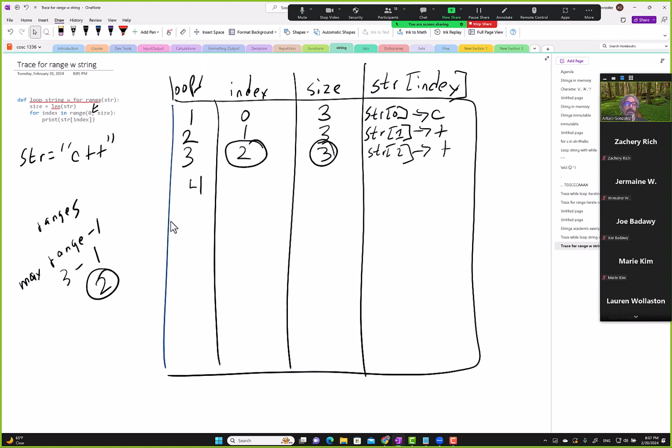Questions here? Okay, so no questions. So that was an example with a for range. So let me stop and then we'll continue. Okay, so